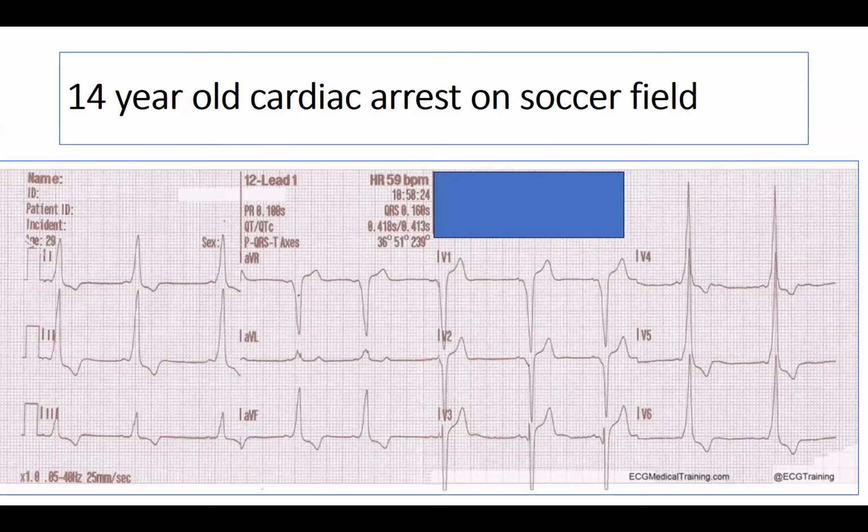First of all, I would say this patient, just going a little systematically. This tracing is not of the actual patient and is from ecgmedicaltraining.com. Okay. He's got a normal axis. He's in sinus rhythm. I think I see a P wave everywhere. His QRSs look fairly wide. Agree with that.